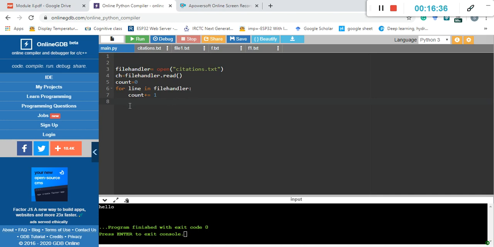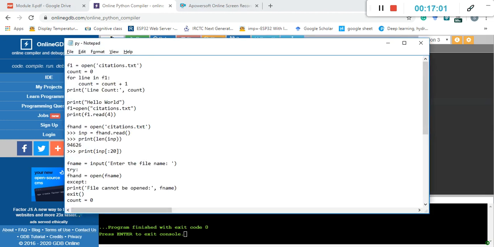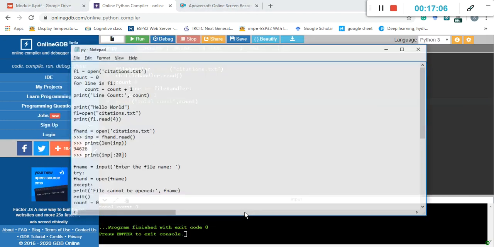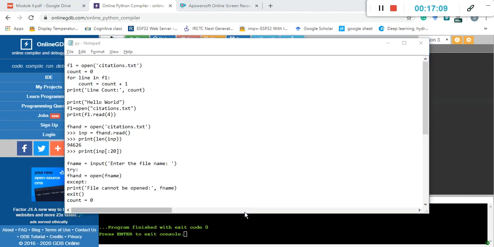When I want to print the total count of the number of lines, I print total count, comma, count. When I try to run this program, we will see whether we have read it properly or not.